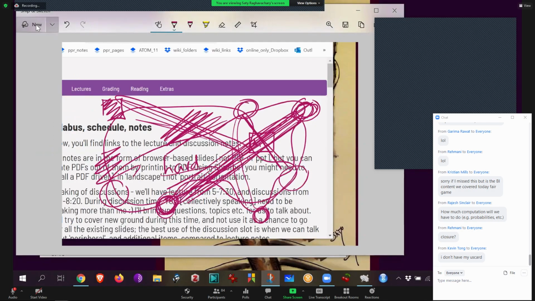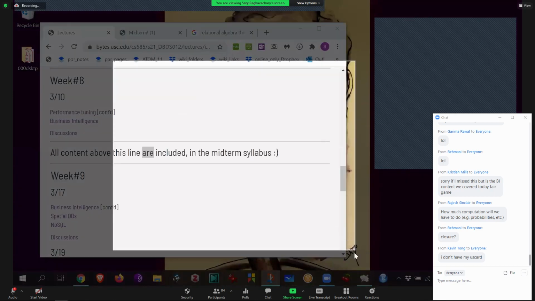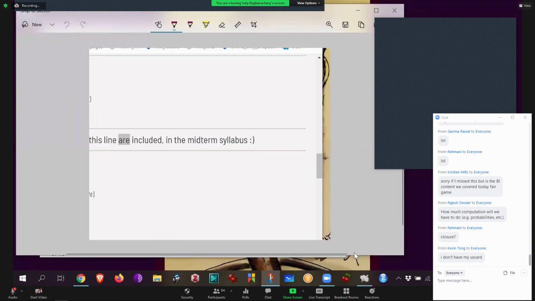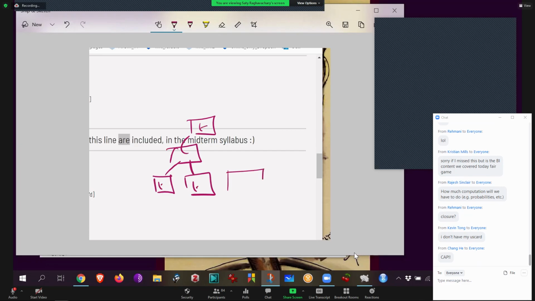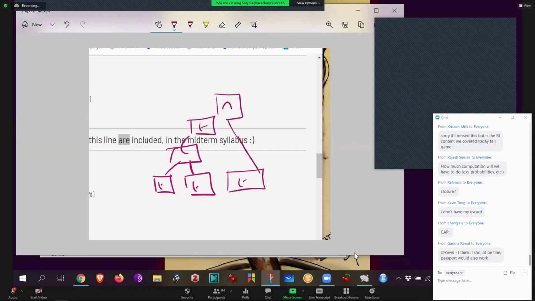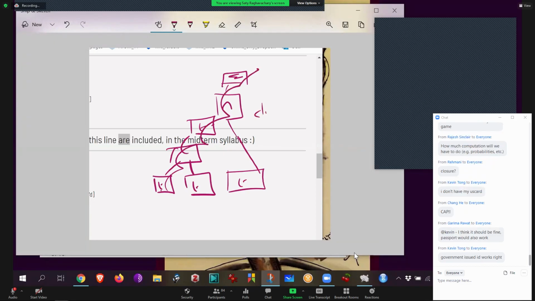Closure, okay. It's an idea where data types of some type give you the same data types back. Here's a table. Here's also a table. If I join them using some join condition, the result will also be a table, and that is called closure. Say I have a third table. If I then take these 2 tables and do an intersection operator and find out what rows are common between these tables, as long as the operation is legal, then that's also a table. The idea that you can keep going from the same data type to the same data type, which means I can infinitely chain them, is called closure.